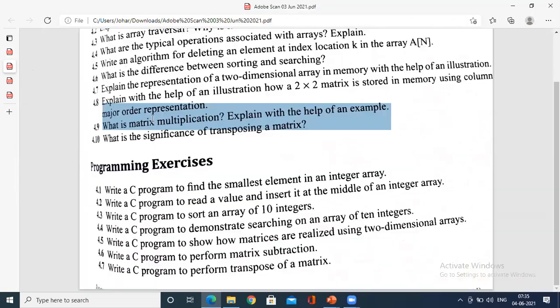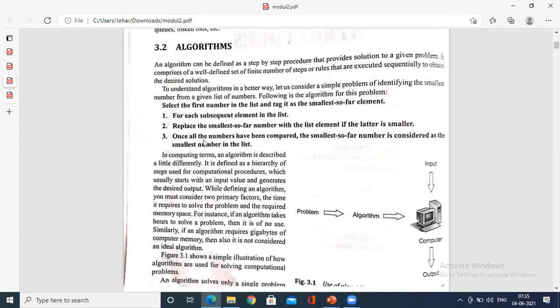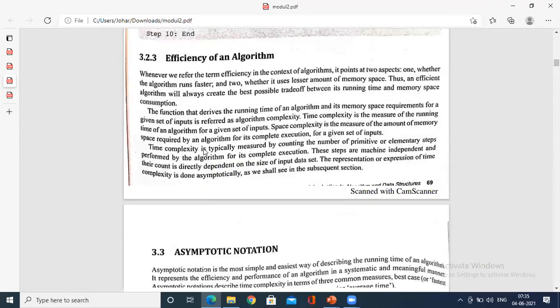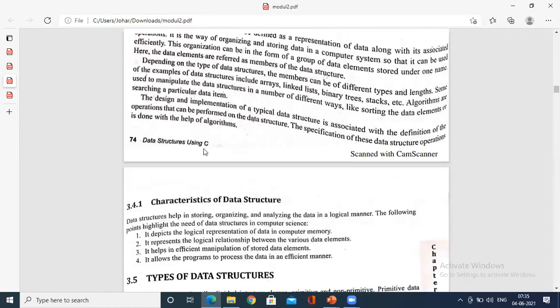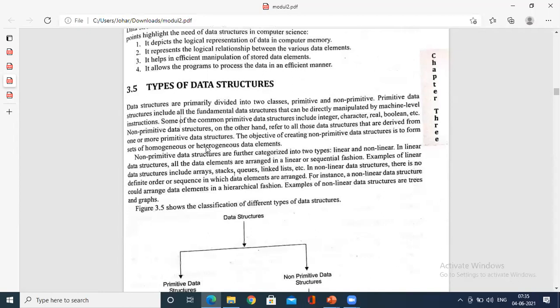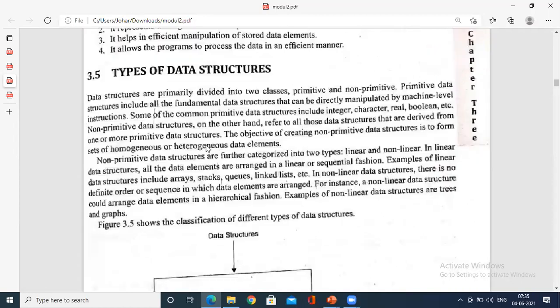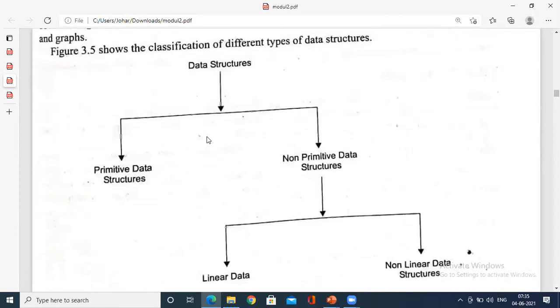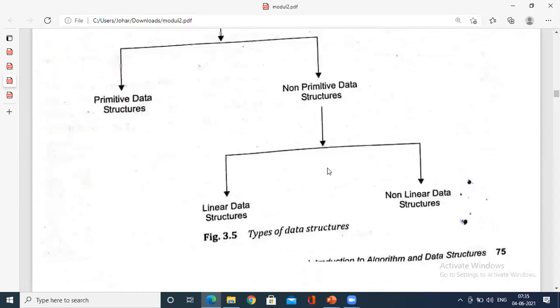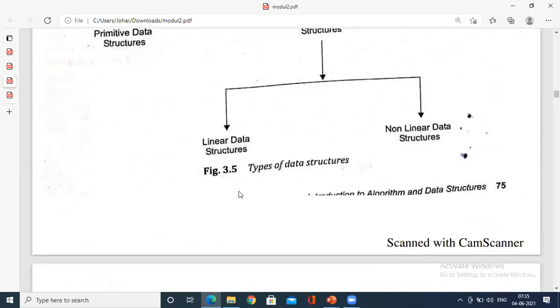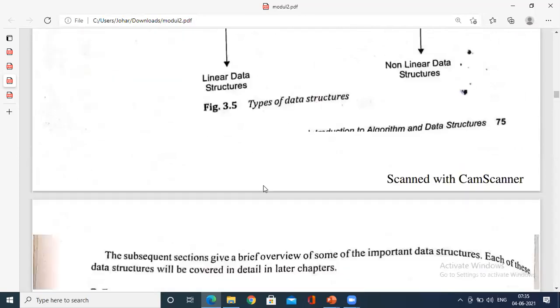As you have studied, linked list is also one of the parts of the data structure, just like an array, which you studied after asymptotic notations. So types of data structures, in the previous module, you have seen what are primitive and non-primitive data structures. In the non-primitive linear data structures, you have studied array, is it or not?